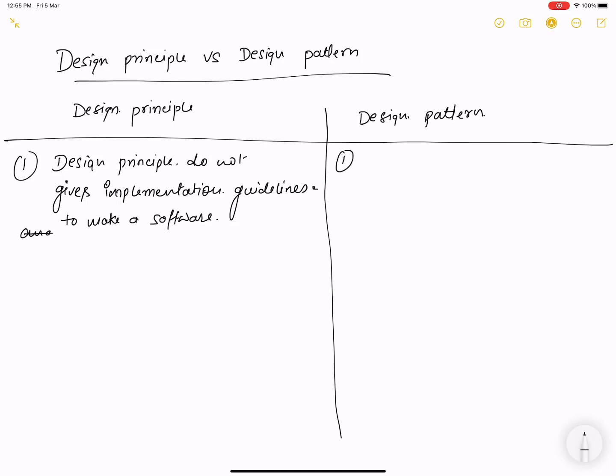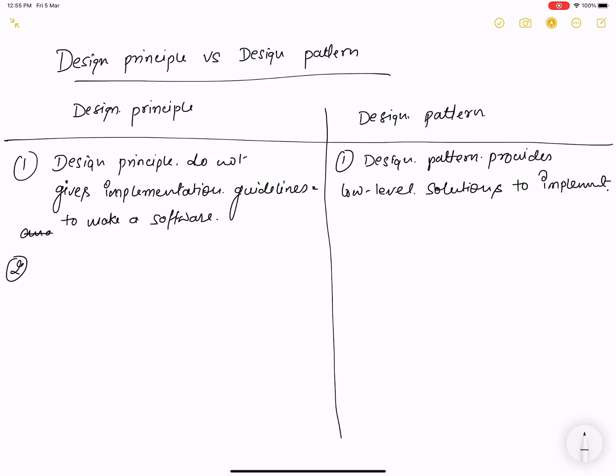I mean to say that if you are using a design principle, you just create an abstract class or only interfaces, without implementing those interfaces.